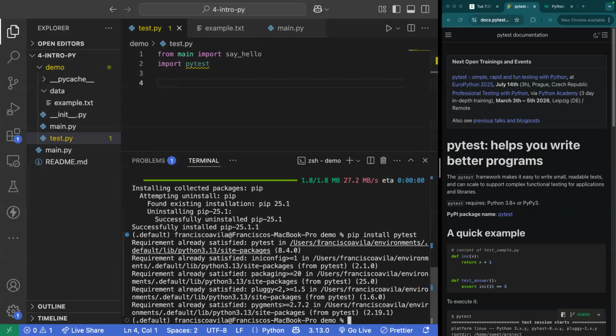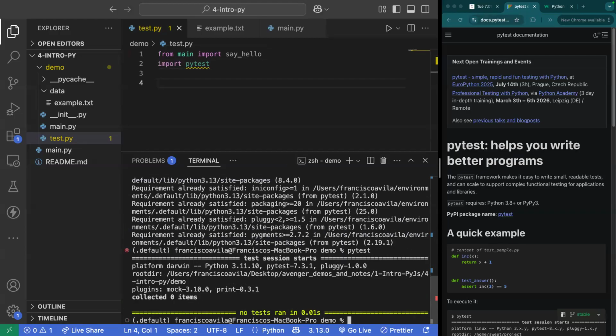Now let's just simply run Pytest in our terminal and see what happens. When I run Pytest in our terminal, you can see that it goes through. It tells me, hey, I collected 0 items. I don't see anything that you need me to actually run any sort of assertions against inside of this demo directory. Okay, so let's take it a step further and actually write a test here